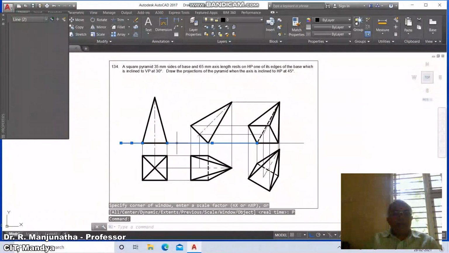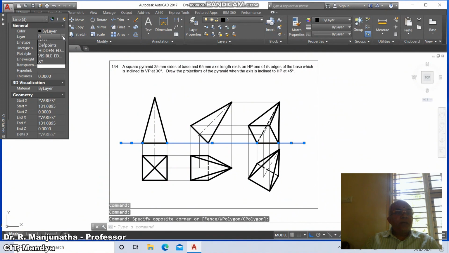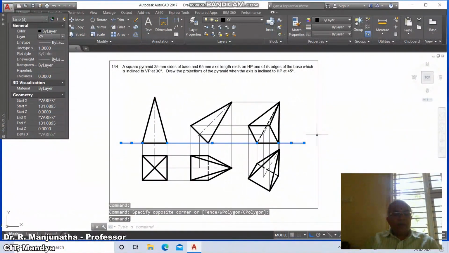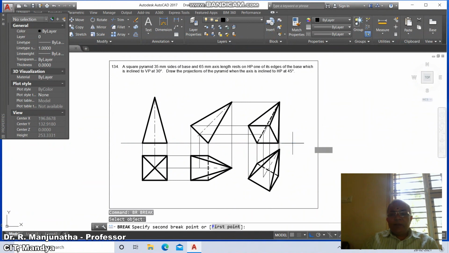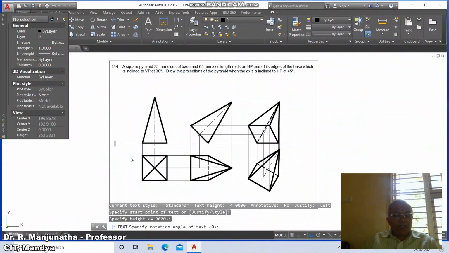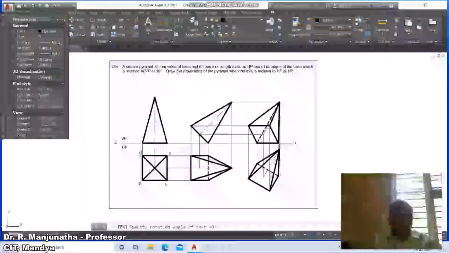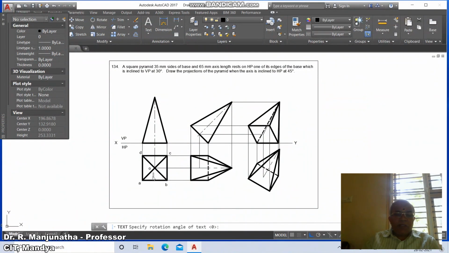Then go to select this and you select this and you make this layer the XY layer, take it as XY, then escape, then break this till here, and now we go for the text. Type capital X, then VP, then HP, then Y, and here small a, put on the caps lock, A, B, C, and D, and here it is O, and then O1 and O1, and close the bracket.